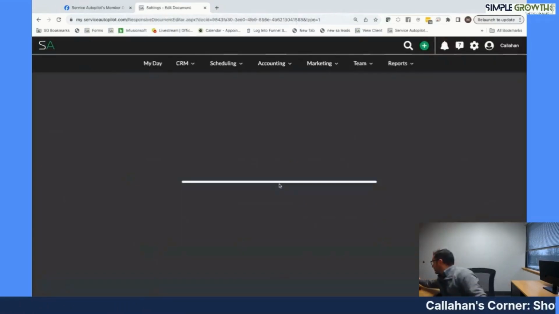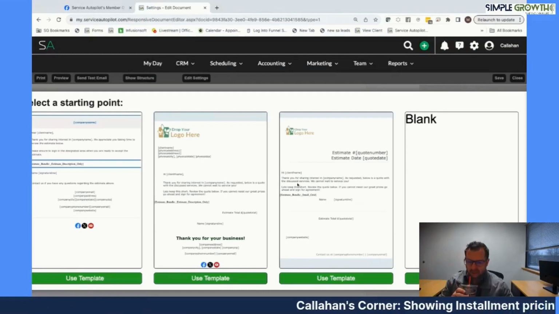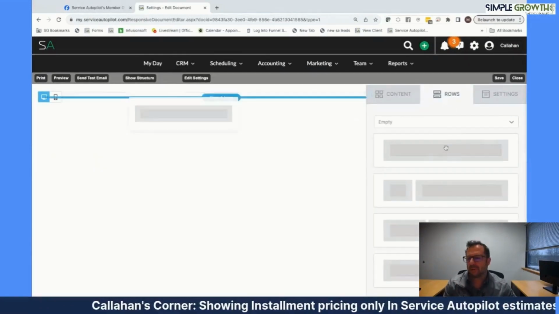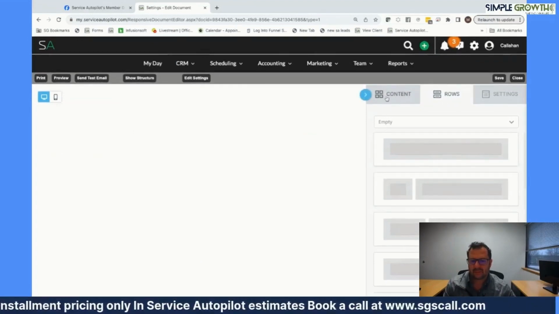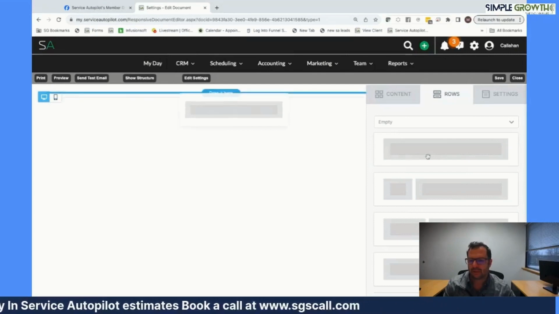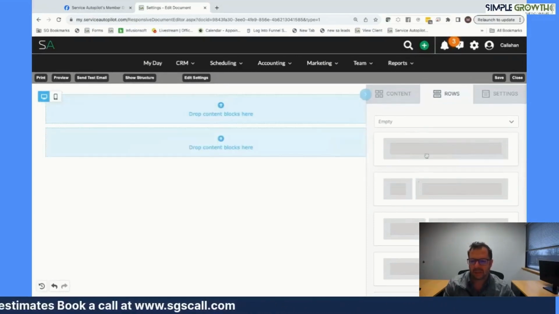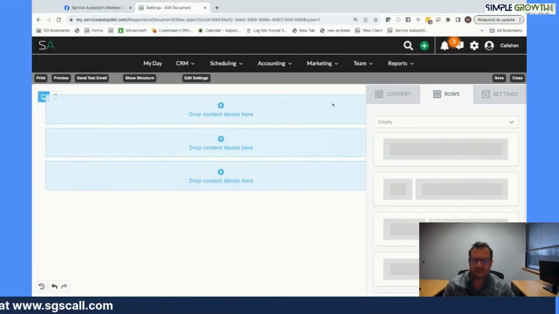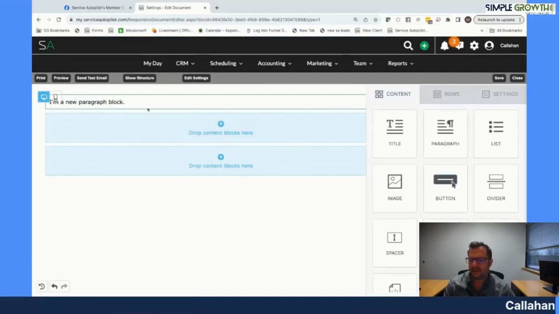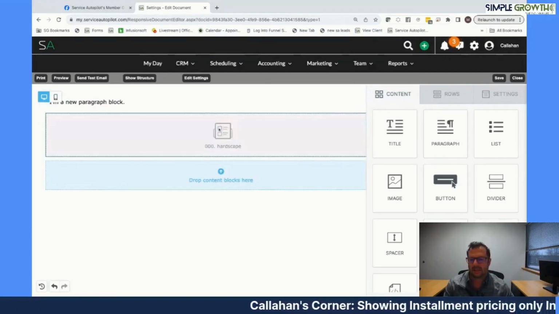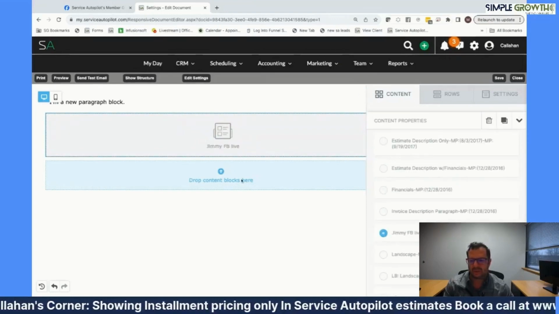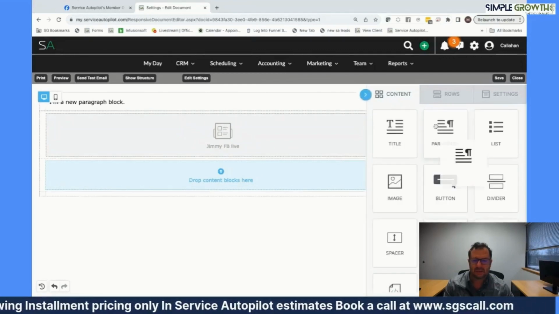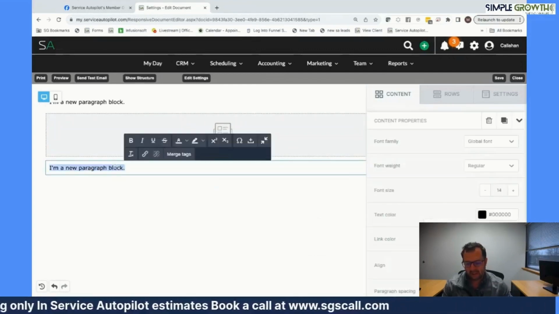All right, so once we have that, we are going to go in and grab a document here. I'm just going to grab a blank one, the drag and drop builder. I'm going to make this very, very simple, but the idea is we're going to build out the document here. I probably should have just grabbed one we already had, but in its most basic form, I'll grab a couple things in here. So this would be your paragraph area where you'd have the information about selecting the estimate. This is where we pull in our dynamic content. This is where it would display the actual information. So we're going to pull Jimmy's in here, and then this final content area is where I want to go in and so